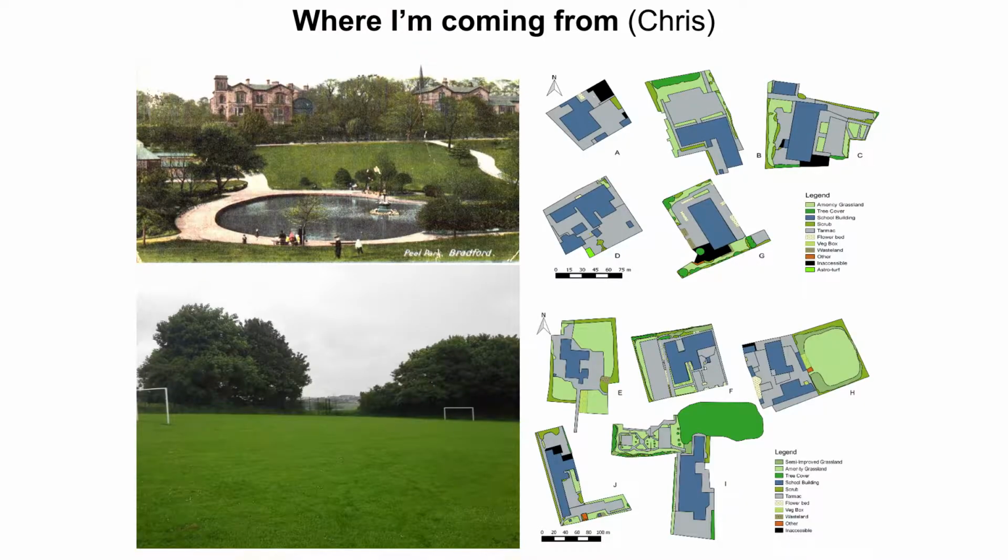So here we have, in the top left, a Victorian postcard of Peel Park in Bradford. And in the lower left corner, you can see a very common school playing field with a couple of goalposts. The commonalities between them are that they are largely grass. Ecologists would generally refer to this as green concrete. It has really limited biodiversity value, and yet it's what we choose to pave large areas of our green space